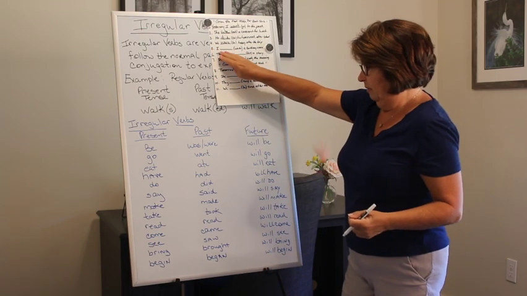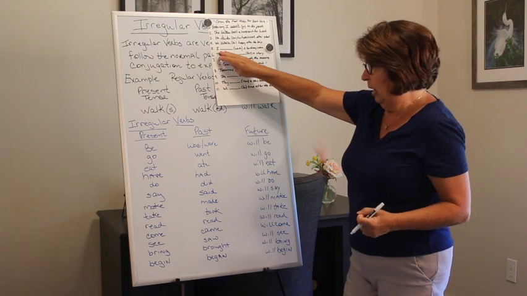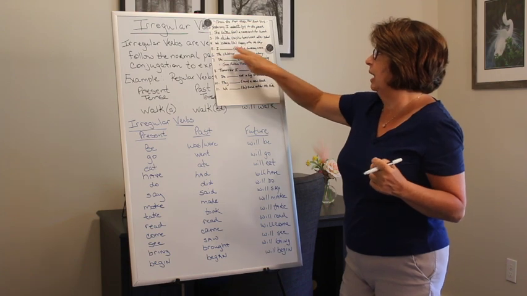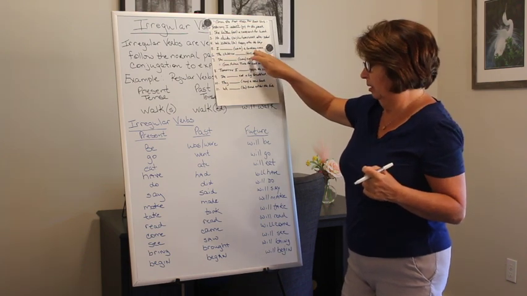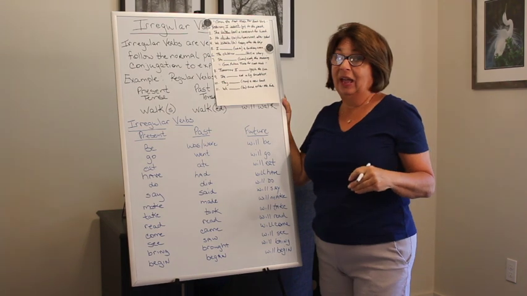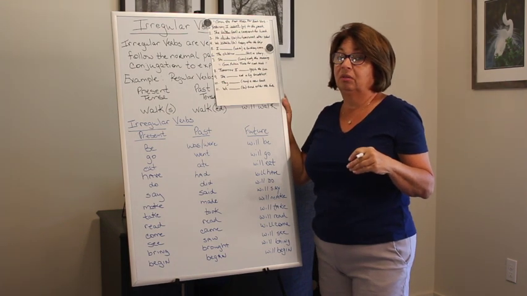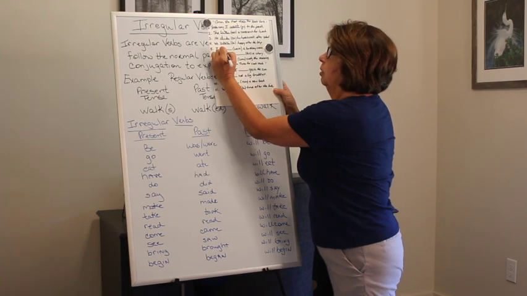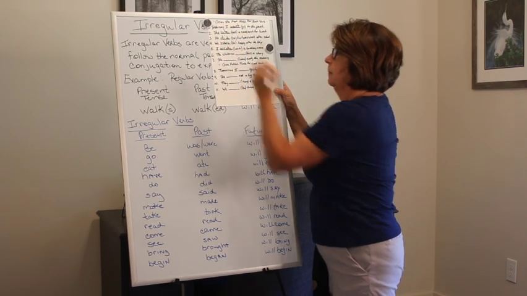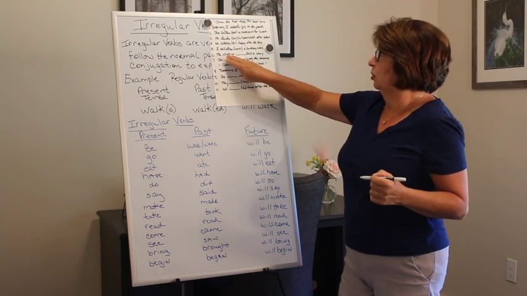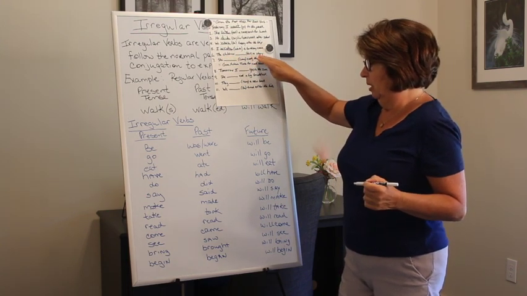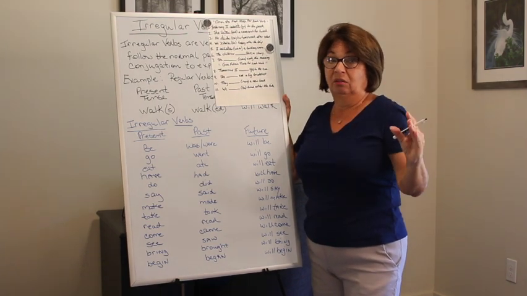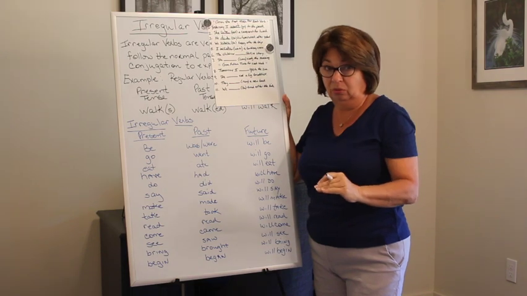All right, number 5. This one's a little bit different, and we don't have it listed on here, so let's think about this. I write a birthday card. If you did it in the past, you didn't write it, you wrote it. So we changed the word to wrote, W-R-O-T-E. The children tell a story. All right, this is another one that's not on here. So you tell, and then you told.